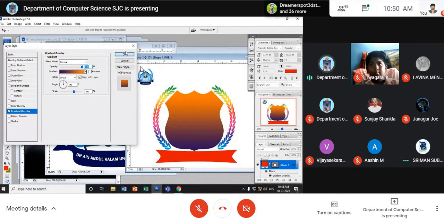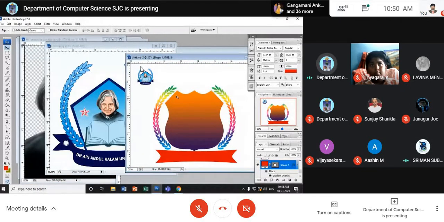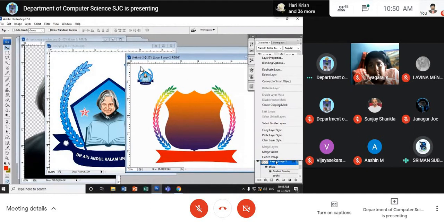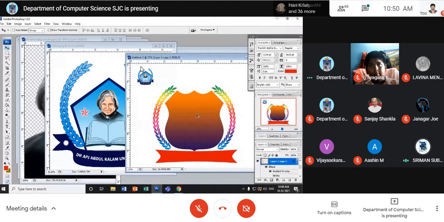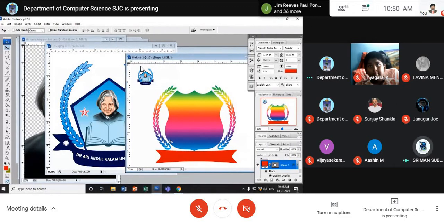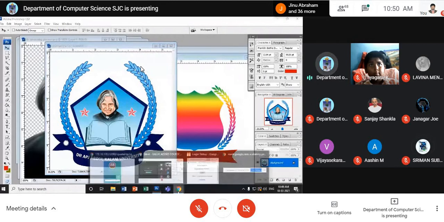Okay, sir. Separately only. If you want to have the same model, for example, look at here. I want to have the same model of this arc here in the center part. Right click. Copy. See, right click. Go to the layer part. Copy layer style. Go to the center one. Right click. Paste it. See, I get the same color. Yes, sir. Okay. Copy and paste it. Same color can be applied. Yes. Thank you, sir. Any other clarification?